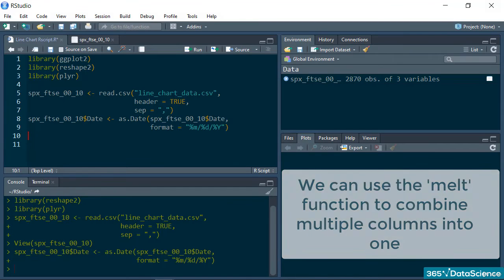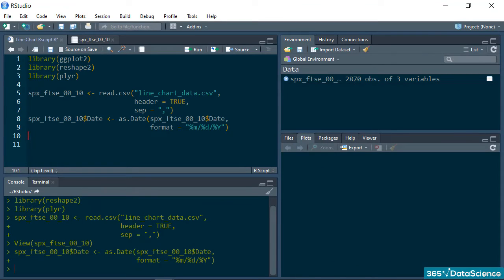Let's see how. In a new data frame, the original data set is melted according to the date column, meaning the